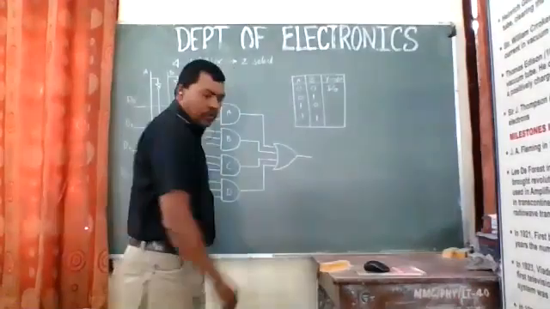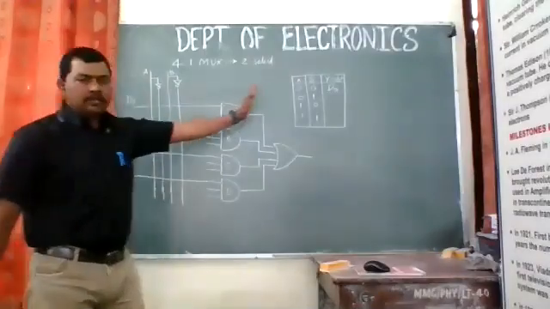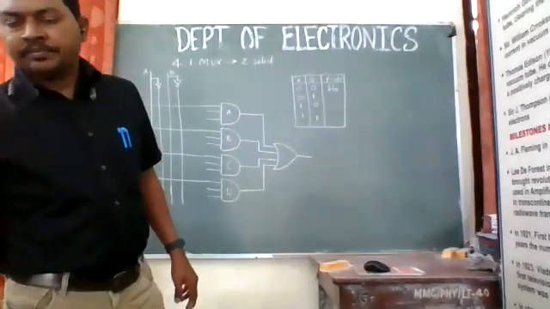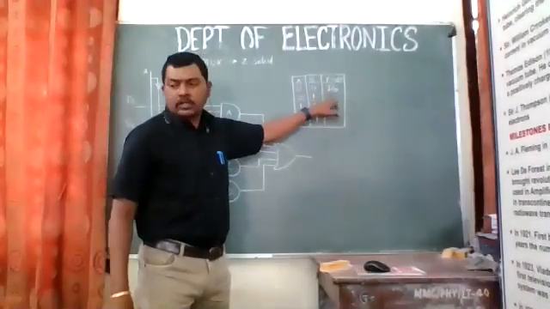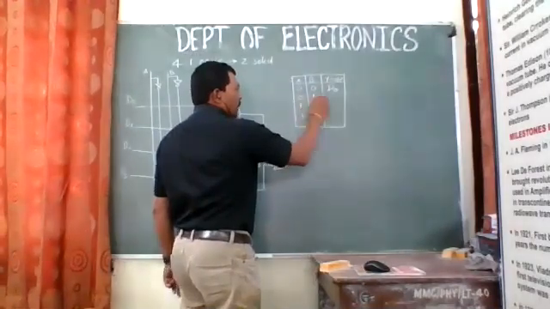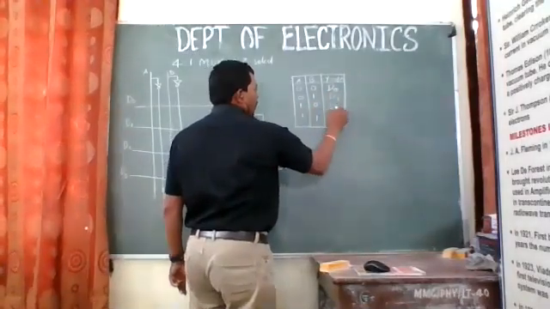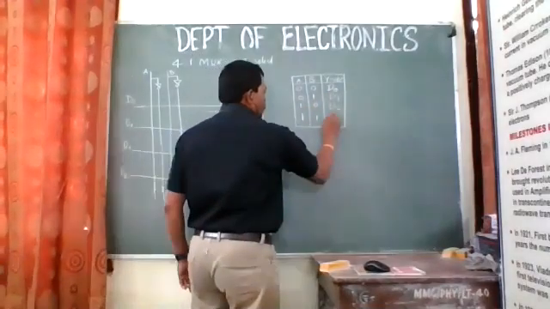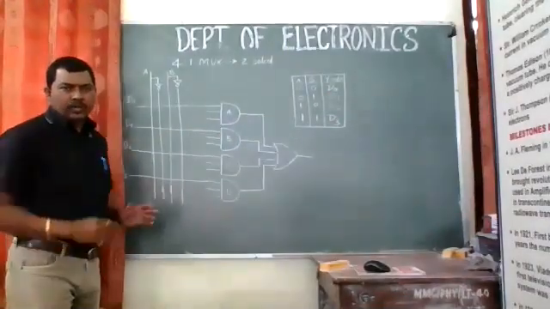So what I have done is I have connected the inputs like this, and we have this truth table. By this truth table, when A and B are 0 0, then the output Y should be D0. When A and B are 0 1, then the output should be D1. Similarly, for 1 0, we'll have the output as D2, and for 1 1, the output should be D3. So we are having four inputs and the output is 1. Now let us try with this.